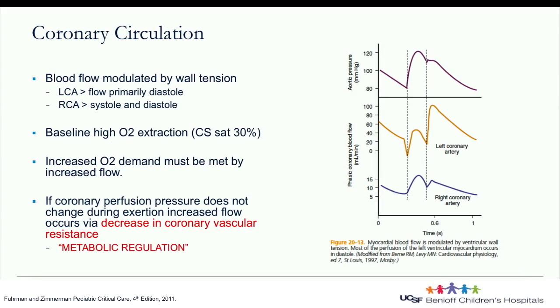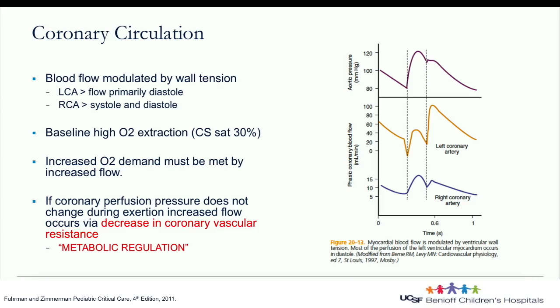And finally, the coronary circulation, a few key points. The heart has, at baseline, a very high degree of oxygen extraction. So the heart cannot extract more oxygen to meet increased metabolic demands. It has to increase coronary blood flow. And the increased flow needs to occur regardless of the coronary perfusion pressure. So if coronary perfusion pressure does not change, flow must be increased by a decrease in coronary vascular resistance, a phenomenon known